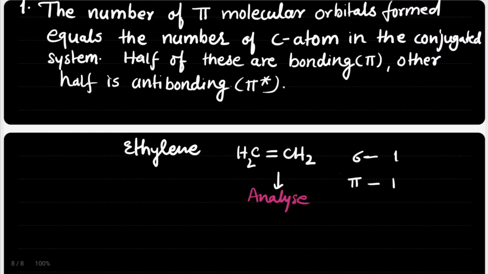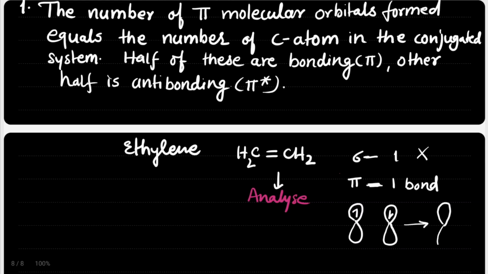We don't need to consider the sigma bond, as sigma bonds are generally not involved in the pericyclic reaction. We are only considering the pi bond. So only one pi bond is there and two pi electrons. If there is a formation of one pi bond, how many atomic orbitals are involved? With the help of two atomic orbitals, you will get the formation of